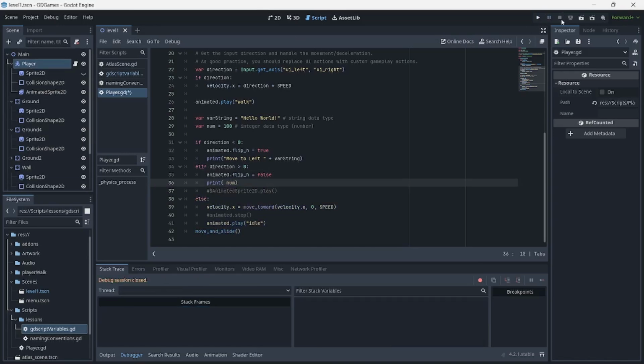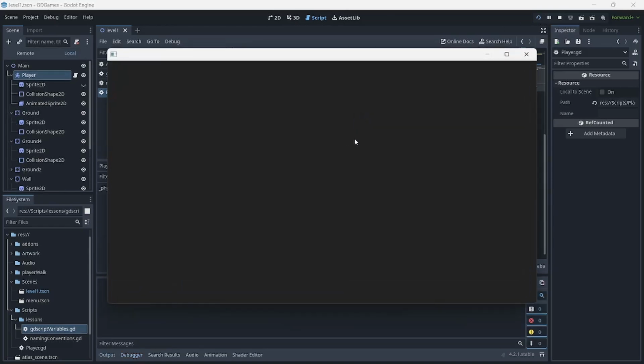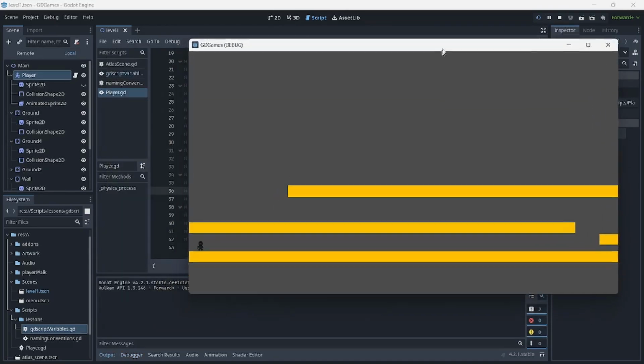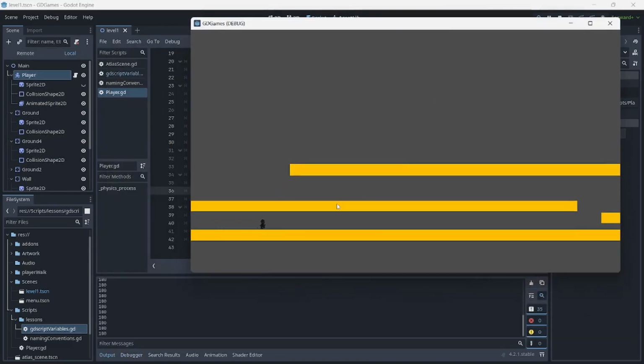If we try to play this, one thing I noticed is that you can actually play the game and we can see now that it's printing out that 100. That means it's working and we are able to store the value in our declared and initialized variable.